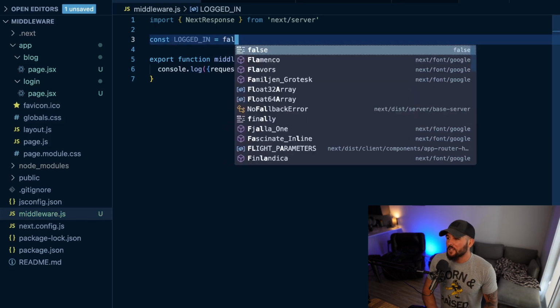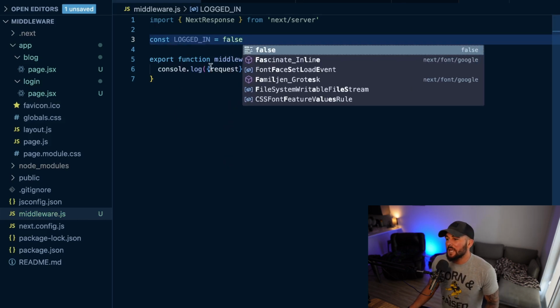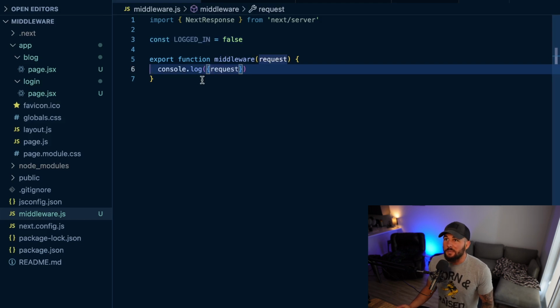And I'm going to set that to false. And you could imagine that you could get this data from your database, or this could be like is authenticated or something like that. And maybe do a function that reaches out to the database and sees if they're authenticated, or you're using that state in some different way. For the sake of just showing you how middleware works,